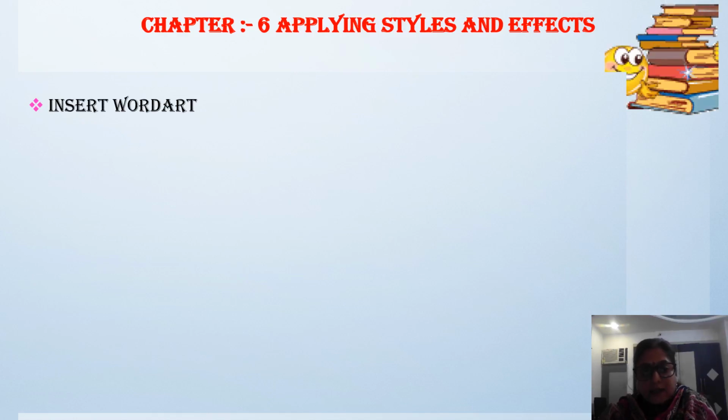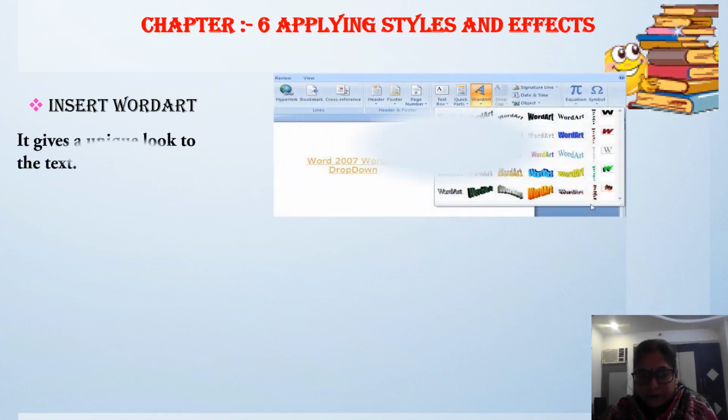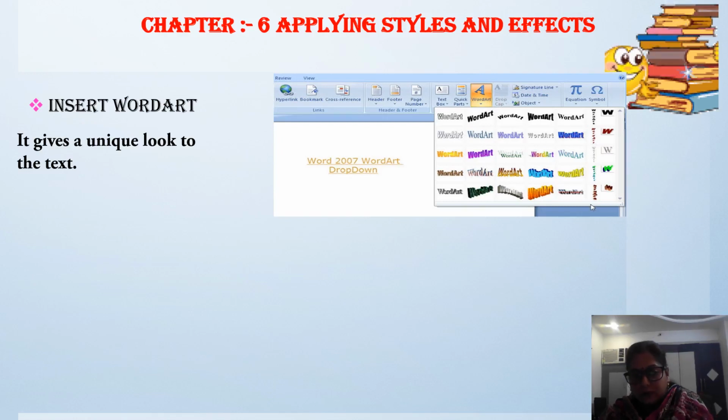Now next is insert word art. It gives a unique look to the text. What is word art? The word art feature allows you to create a special text effect. It gives a unique look to the text, right?